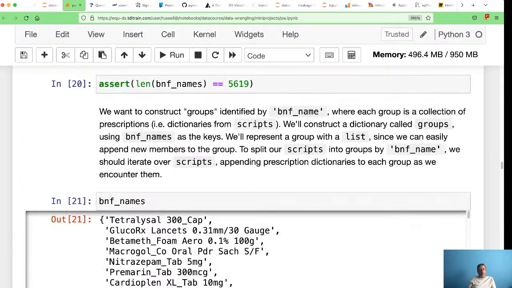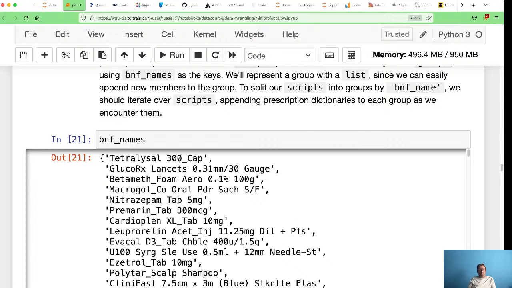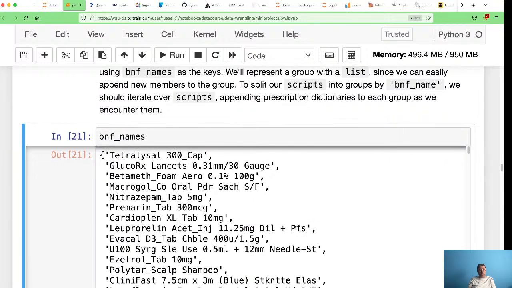If I want to group by BNF names, I'm going to create a tuple. It'll only have one item in it, but that's fine. If I want to group by a BNF name and a practice, I need to create all the possible pairs of those BNF names and practices. So, for example,